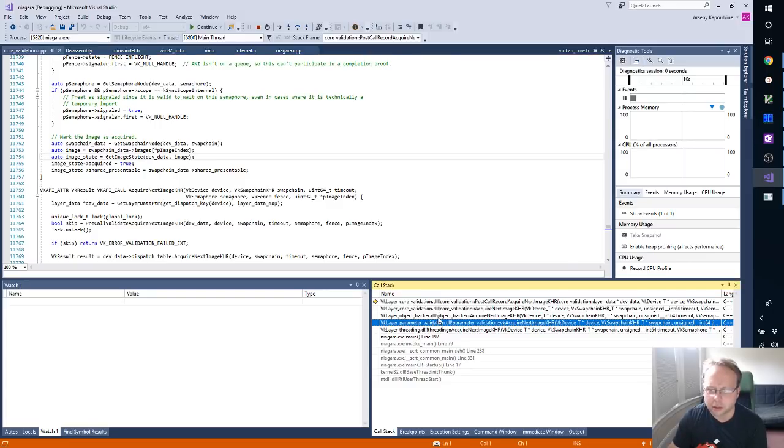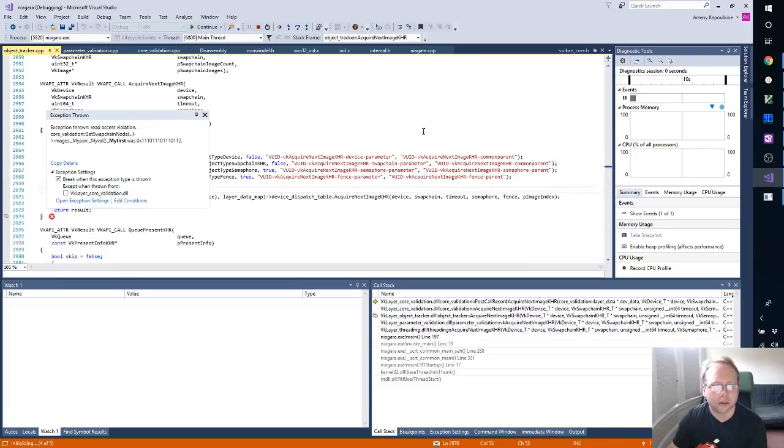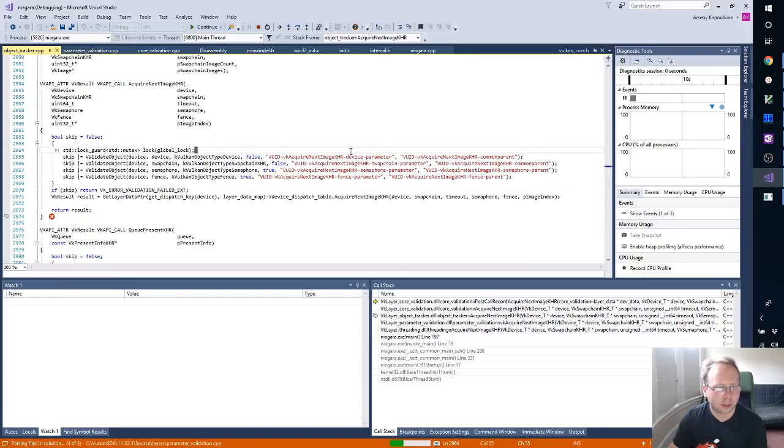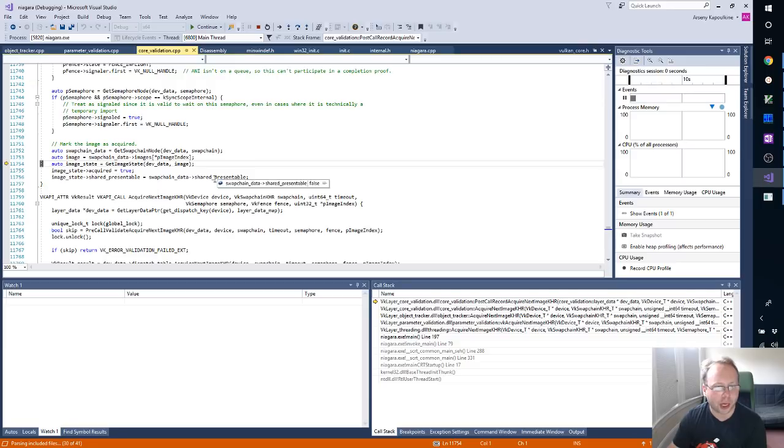What? Wait. Come on. So yes, I'm passing it a pointer to the image index. It gets a pointer from the driver. It gets a value from the driver. The value is 0. And then it performs some validation checking. And then it wants to see, but there's no